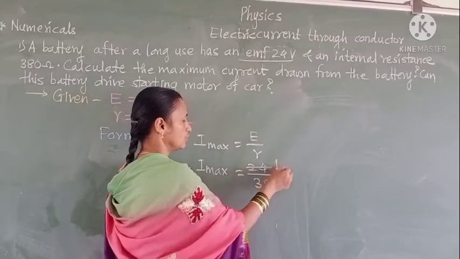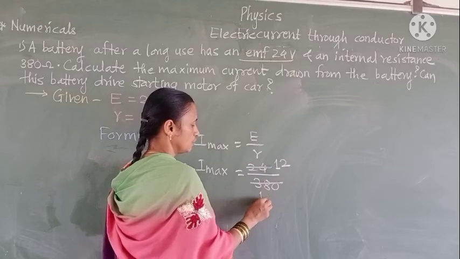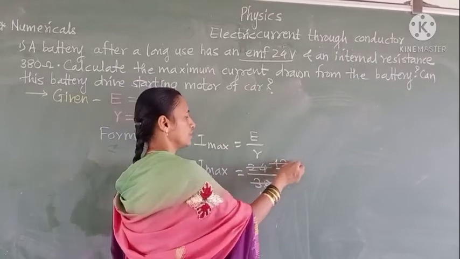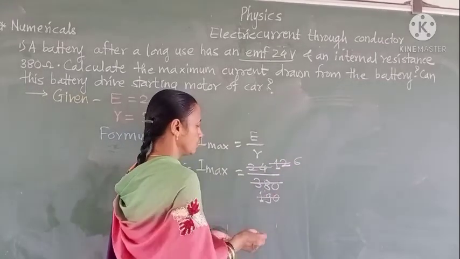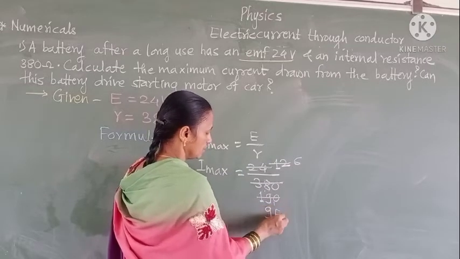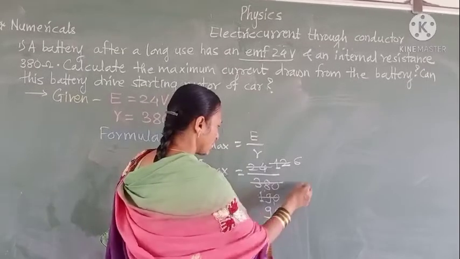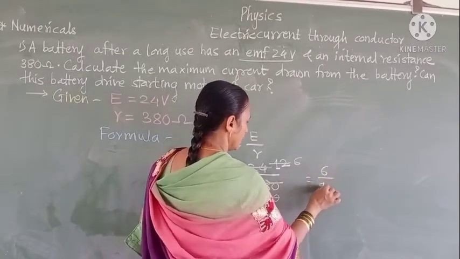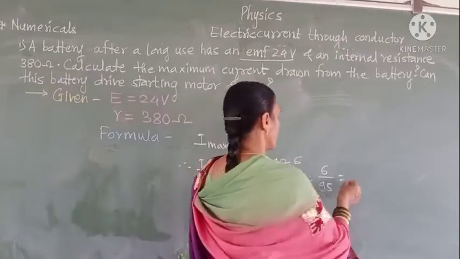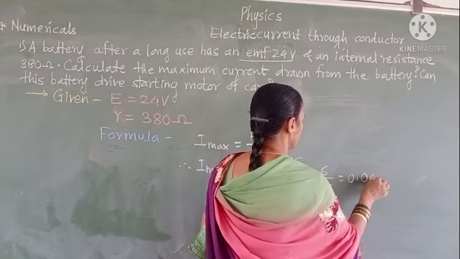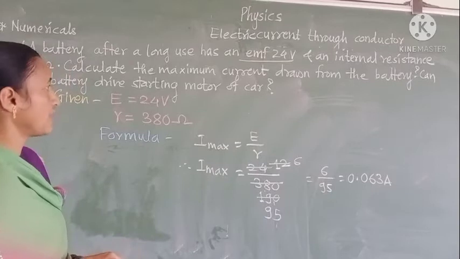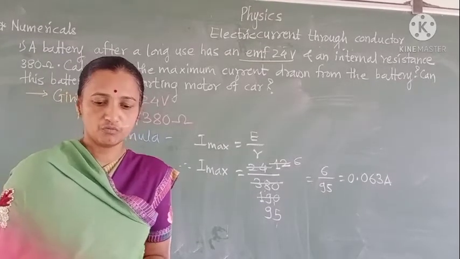2 ones are 2, 2 twos are 4, 2 ones are 2, remaining 1, 2 nines are 18, 2 zeros 0, 0. Here 2 sixes are 12, 2 nines are 18, remaining 1, that is the 5. Hence we get the value 6 upon 95. We divide it, 6 upon 95, and we get 0.063 ampere. Means the maximum current drawn from the battery is equal to